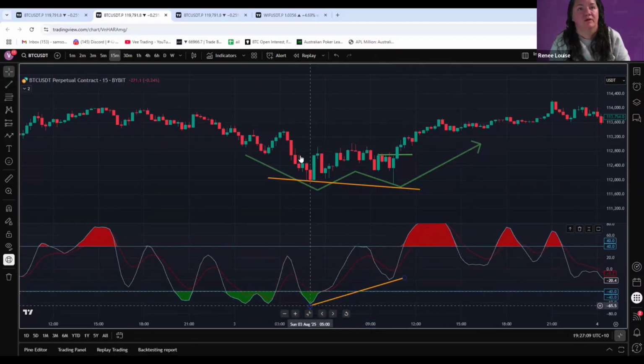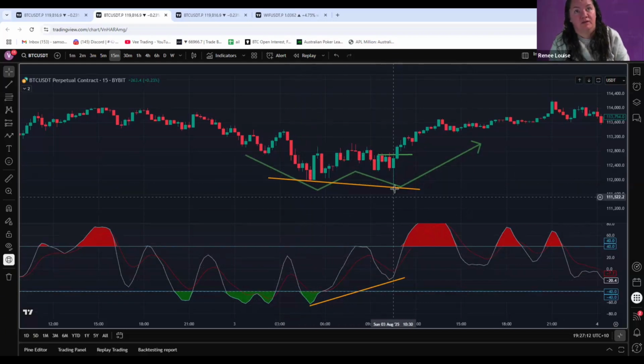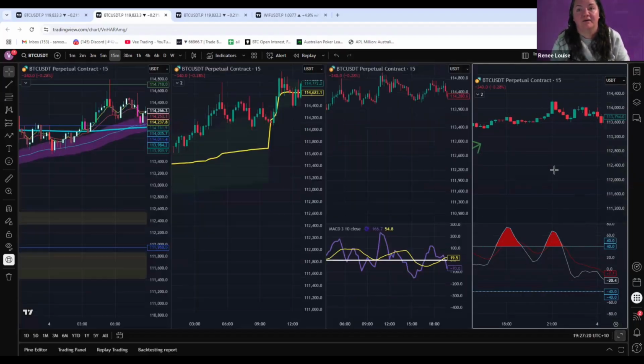So what we've also got here is another bullish divergence in the stochastic RSI as well. So we've got a lower low here with this low. We've got the lower low here, but we've got a higher low, which is showing that divergence. So when you see all of these things together,